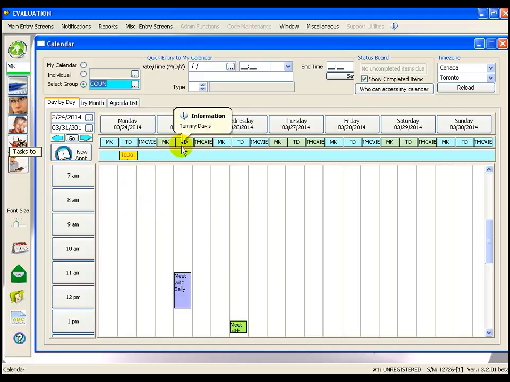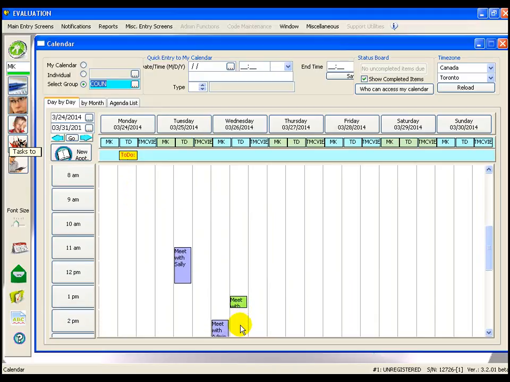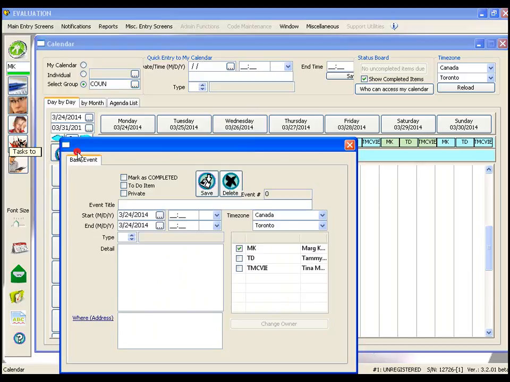So I can see, for example, on Tuesday, Tammy's got an appointment at 11:30, and on Wednesday, Tammy has an appointment at 1:30 as well. And on Wednesday, Marg Knight has one at 2:30. So that's the way the groups can work. And what's interesting about the groups is if you're in that group and you want to add appointments to it, you can do that. So let's say we want to do a team meeting,